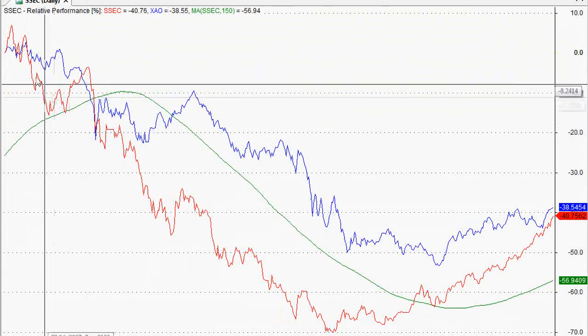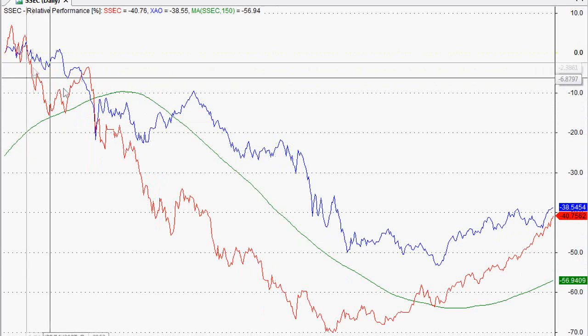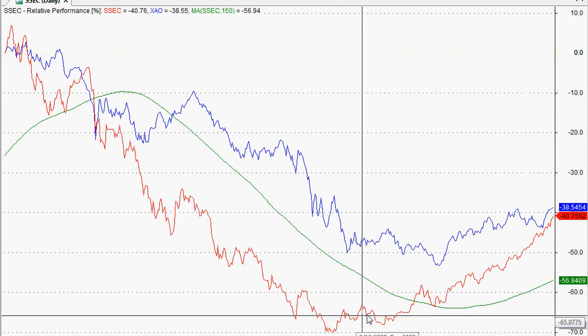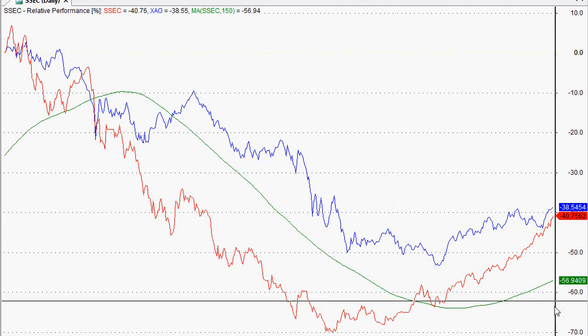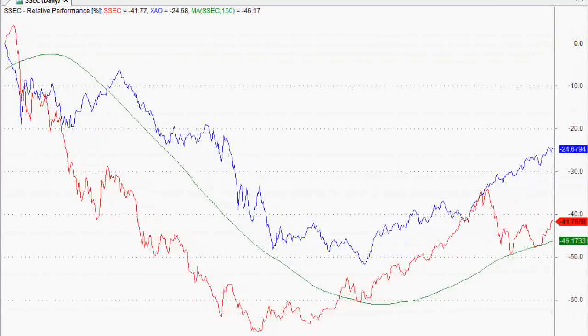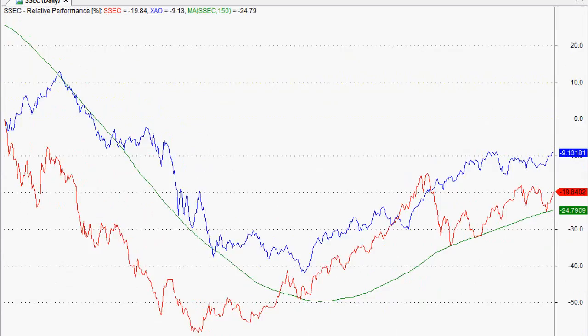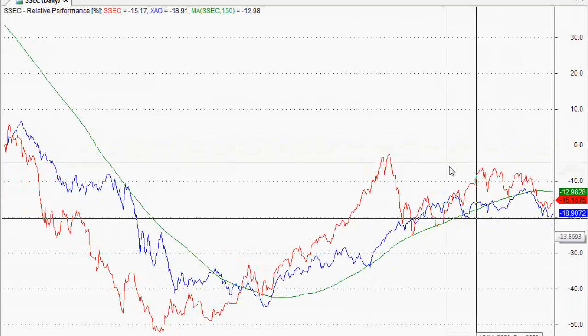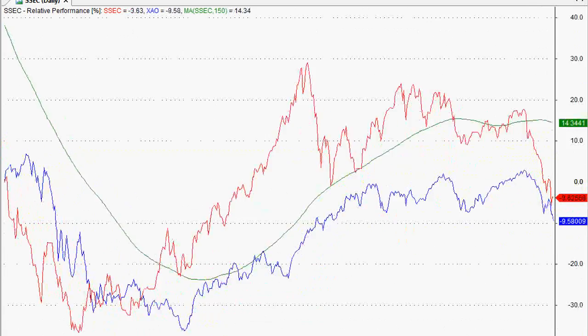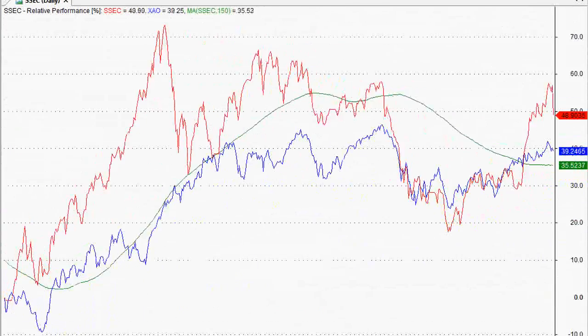This must be around about 2008, I believe. So as you can see, the Shanghai starts to fall, the All Ordinaries starts to fall. The Shanghai makes a bottom, the All Ordinaries starts to make a bottom. Now, obviously, this is not 100%, guys, but it is something to take into consideration when you're trading and investing. And as you can see, Shanghai makes a top, the All Ordinaries starts to form a top, and they both fall in unison as well.